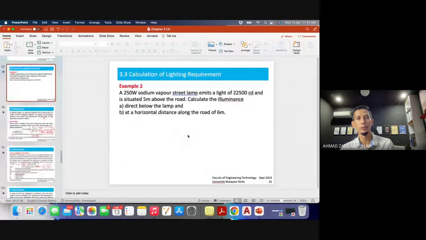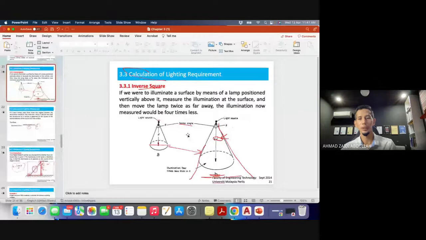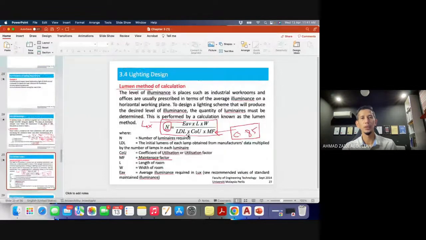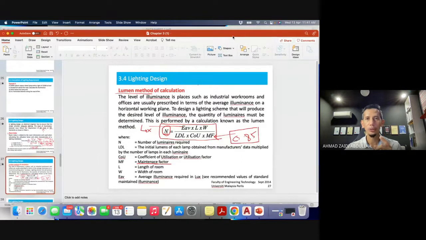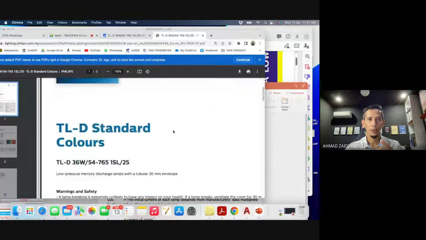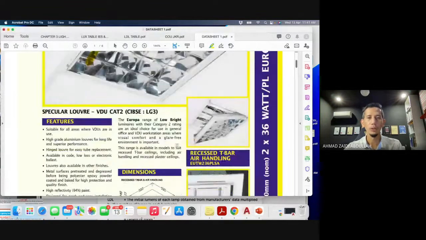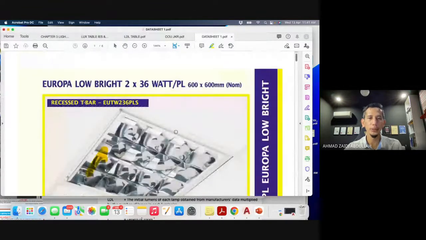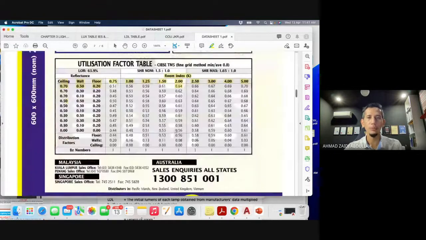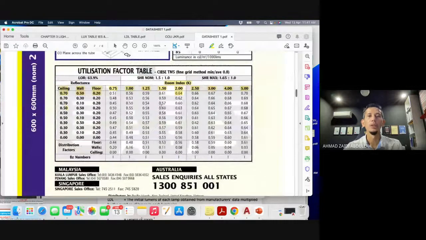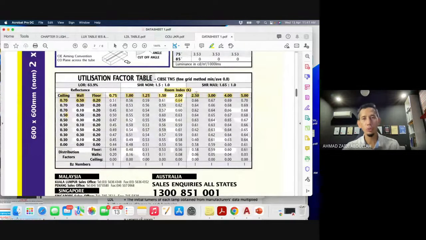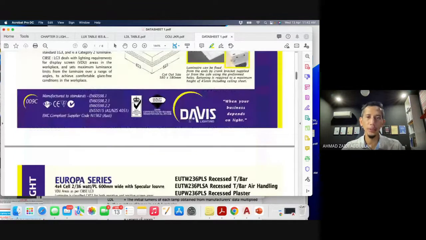Okay, mana dia? Hilang dah. Okay, this LDL, you must use this value, LDL. And then for CU, you use this data sheet, this table. So in order to find the value of the lamp, LDL, and the lighting,